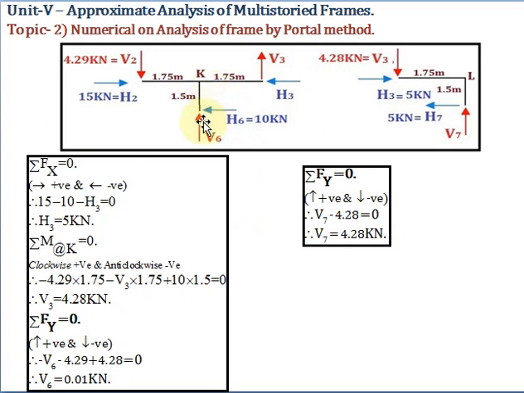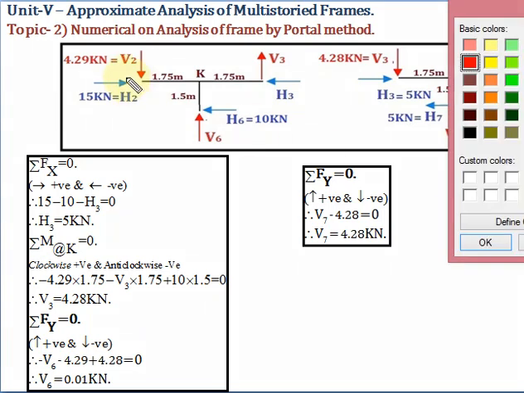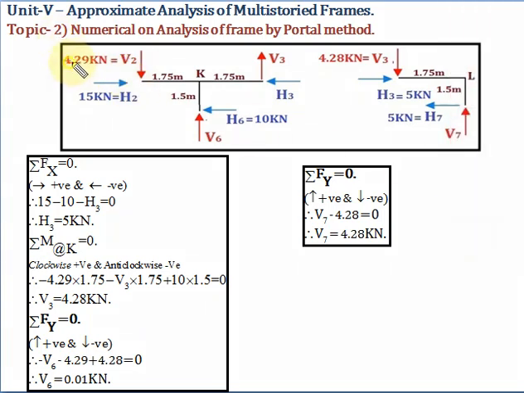So here we have drawn the free body diagram of joint K. Already the forces that are known to us are, yes, V2 is known to us, sorry. So V2 is known to us, H2 is known to us, H6 is known to us. So here we have to find out V3, H3 and V6. Apply the first equilibrium equation, that is summation Fx equal to 0. Okay, what are the horizontal forces? 15 acting to the right side, plus, then 10 acting to the left side, minus, H3 towards the left side, minus. So here we will get the value of H3, 5.